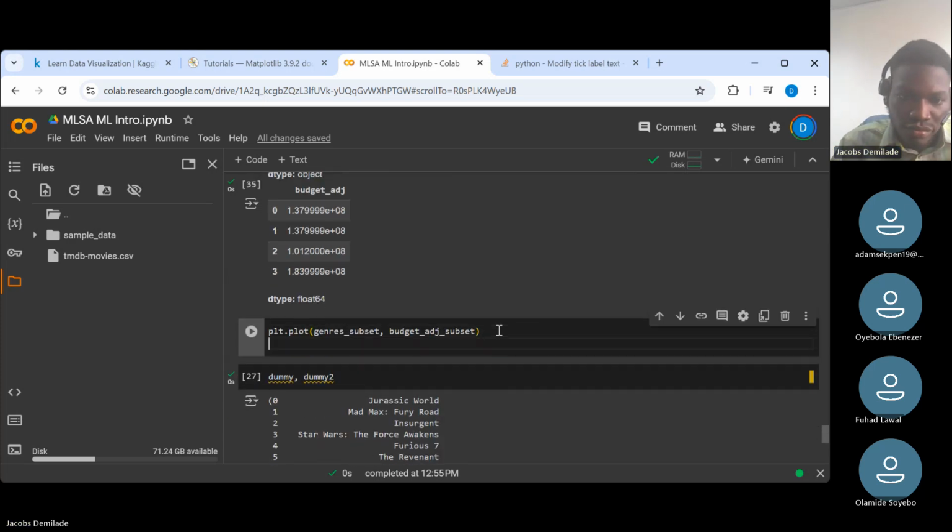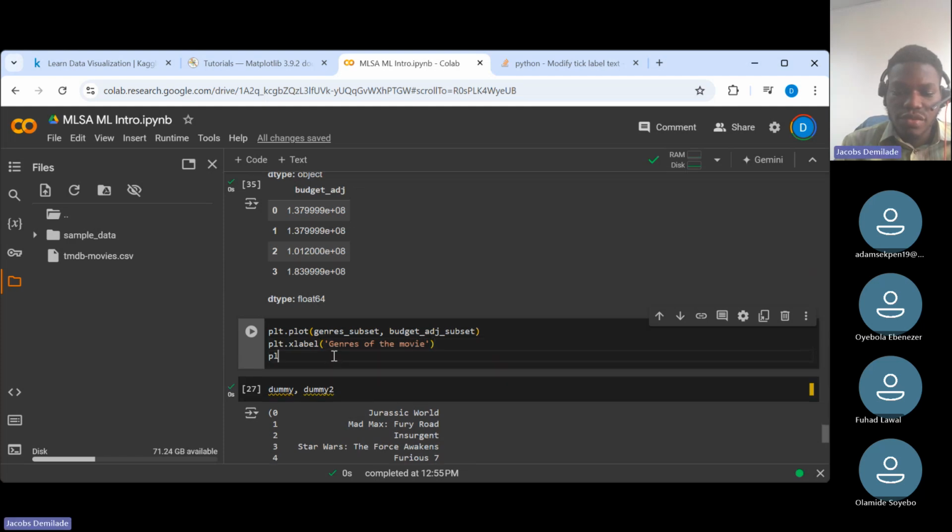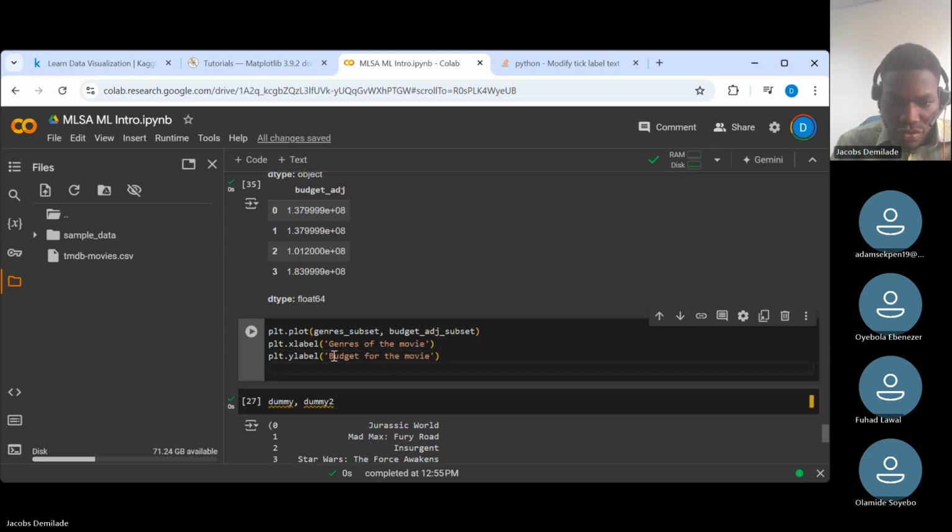So now, some things you do. I've looked at plt dot plot. You've looked at x label. X label will be what? The genres of the movie. The plt dot y label will be budgets for the movie. Then the title